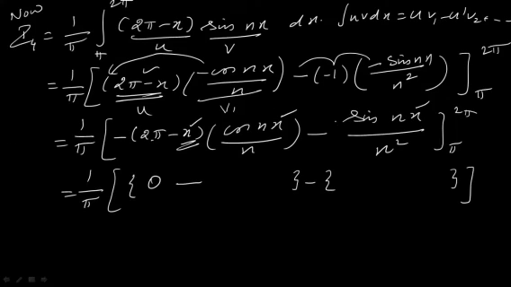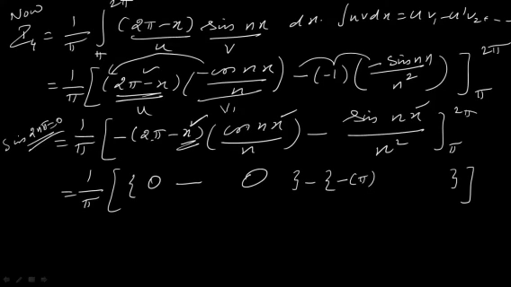You know the value, sin n 2 pi. Sin 2n pi value is 0. So you have here 0. There is no upper limit. Minus, coming to the lower limit, if you replace this 2 minus of this x by pi, what happens? 2 pi minus pi, you have pi itself. Minus pi